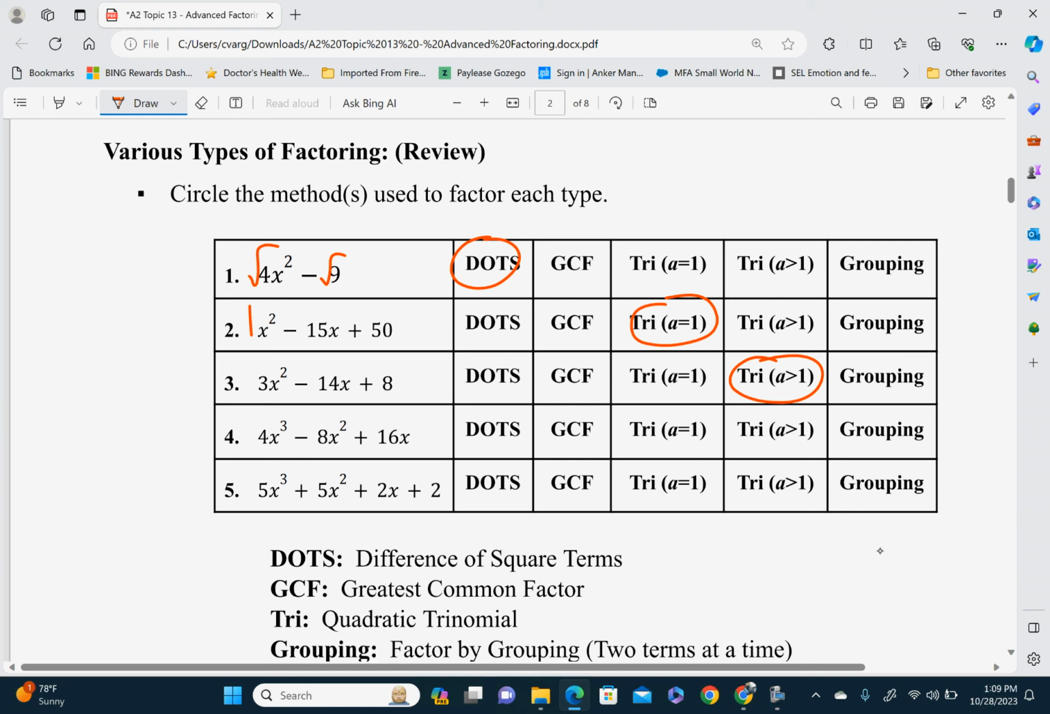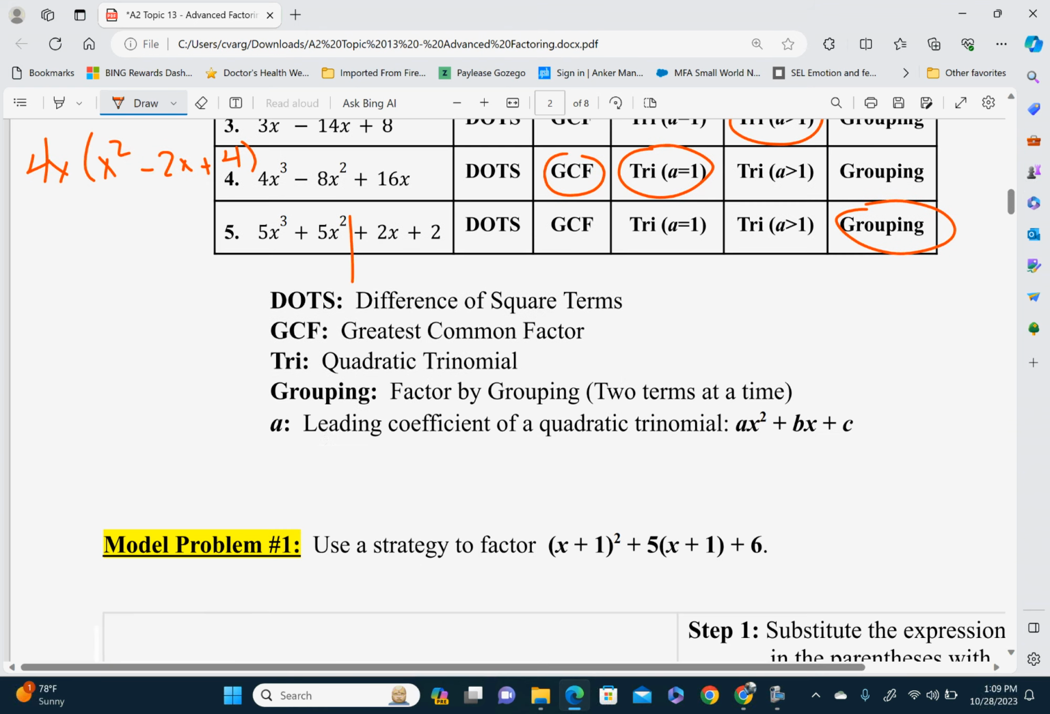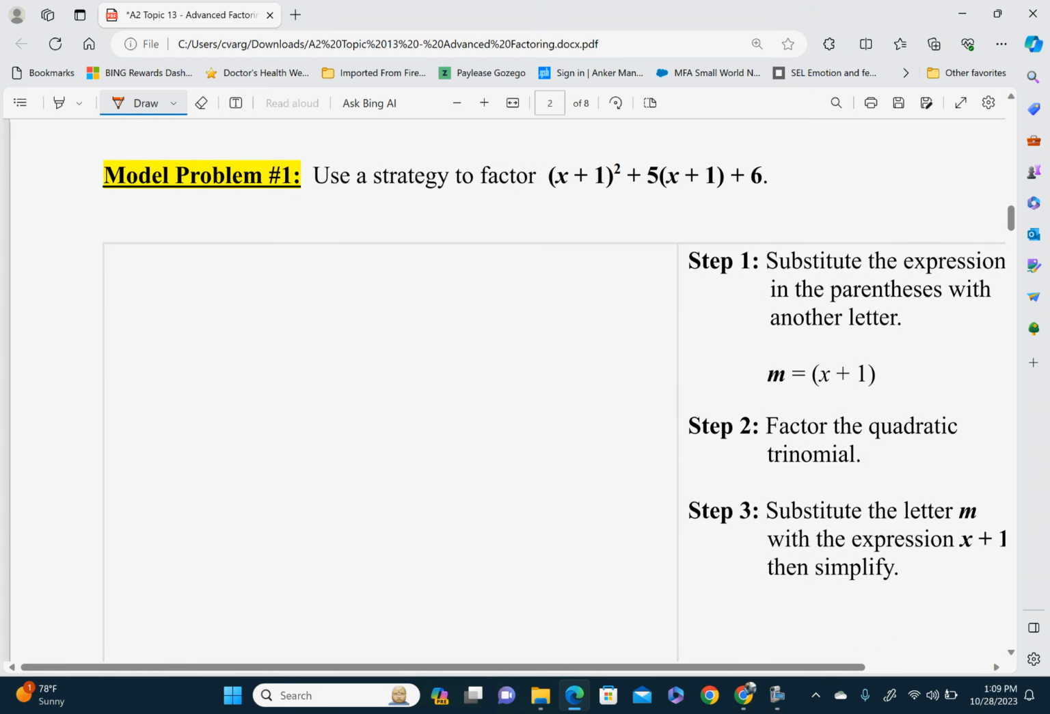This one right here, there's a couple of things, right? GCF, there is a greatest common factor here, which specifically is 4x, and if I factor that out, I get x squared minus 2x plus, to get 16, 4. So that's going to be greatest common factor as well as some trinomial factoring. And this last one right here is, if I have 4 terms, this is called factoring by grouping. Okay, 2 terms at a time. So this one right here,